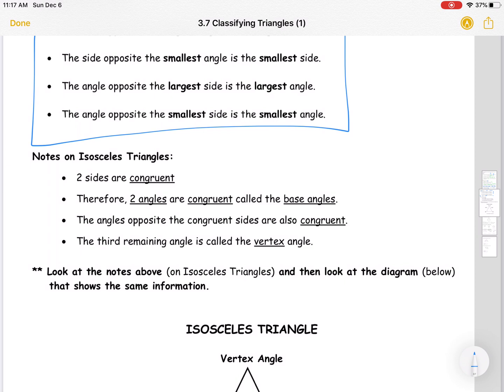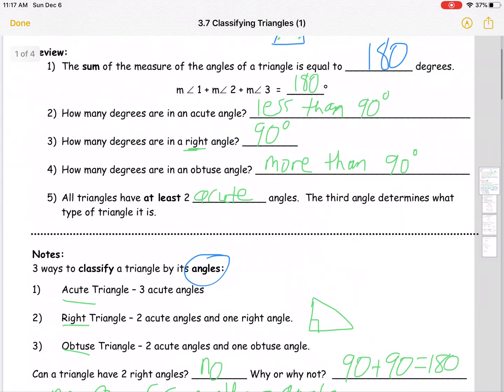Okay? The angles opposite the congruent sides are also congruent. Okay? And the remaining angle is called the vertex angle. So that's just some important vocabulary. So if I'm looking at,